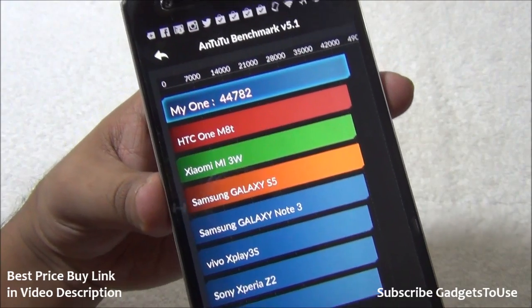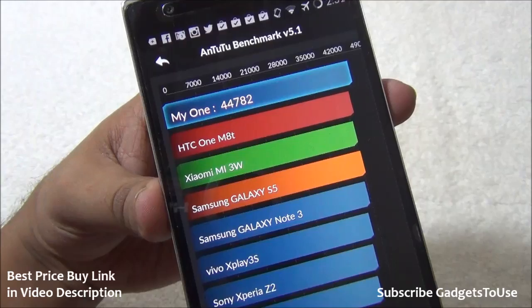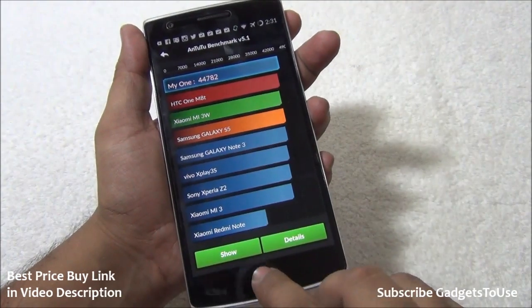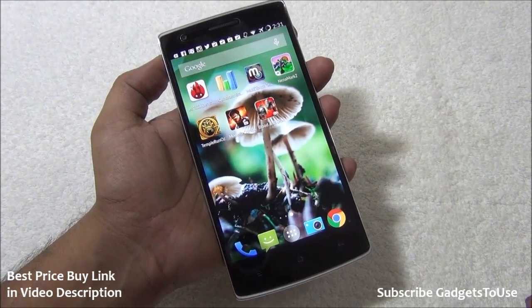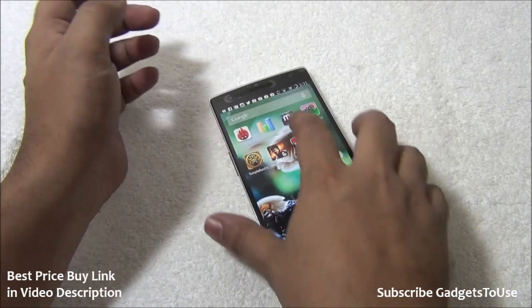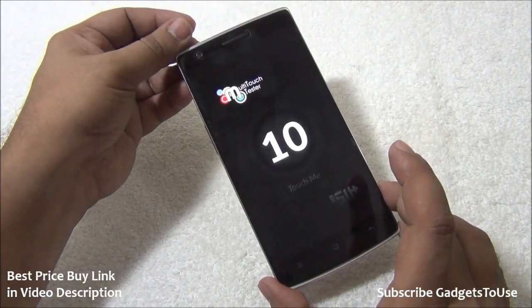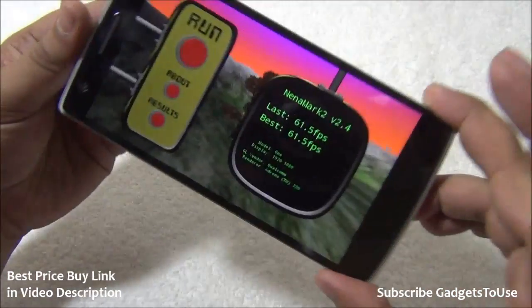As you can see, it is above Samsung Galaxy S5, Xiaomi Mi 3 and HTC One M8T as well. So benchmark figures are pretty good, and the day-to-day performance of this phone is also pretty decent. Let's find out how much multi-touch point does this phone support. So talking about the multi-touch points, this phone supports 10-point multi-touch, and on Ninamark we have got a score of